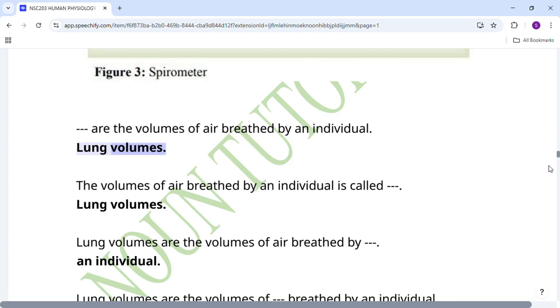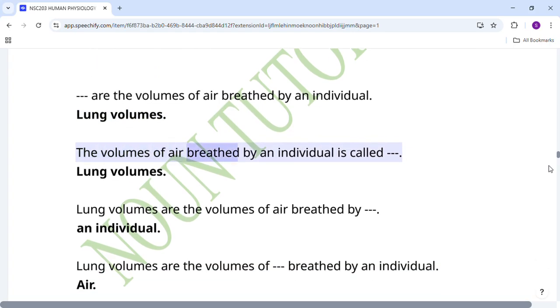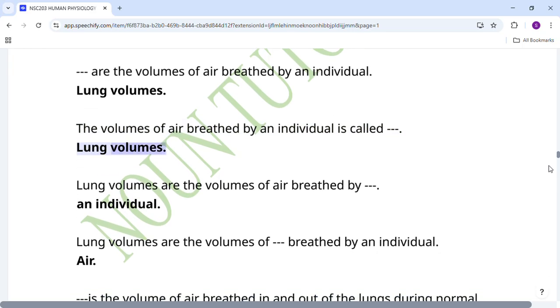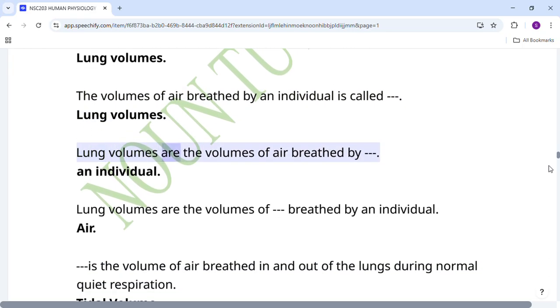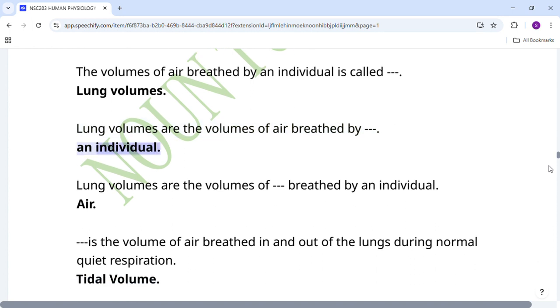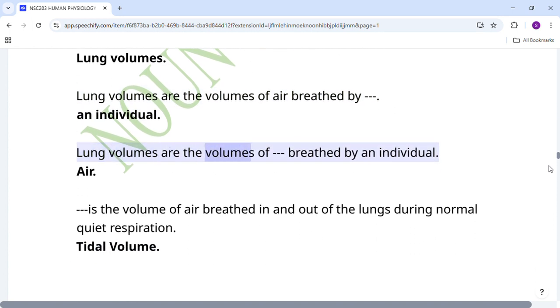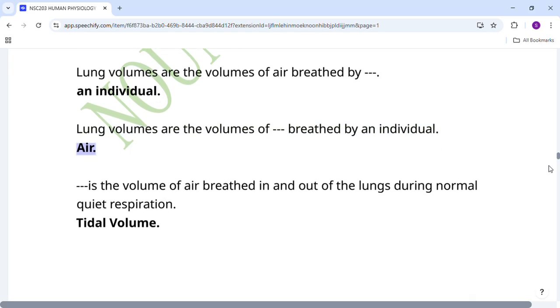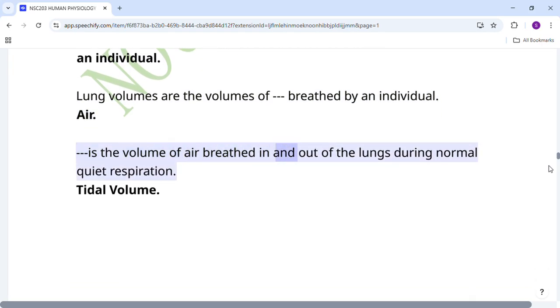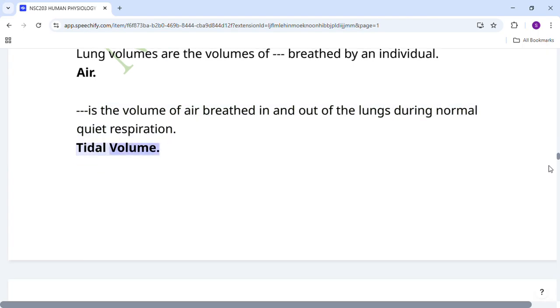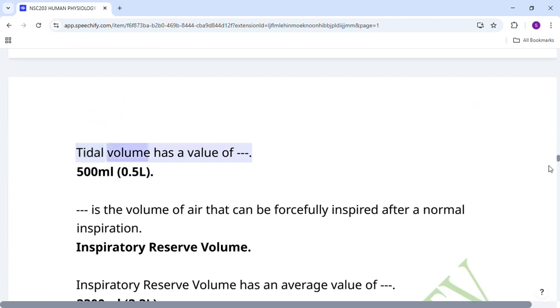Lung volumes are the volumes of air breathed by an individual. Tidal volume is the volume of air breathed in and out of the lungs during normal quiet respiration. Tidal volume has a value of